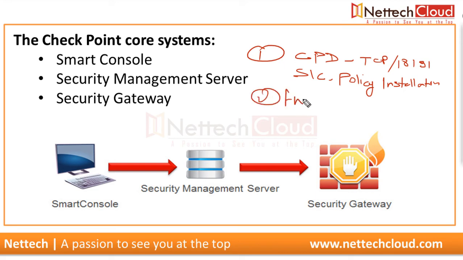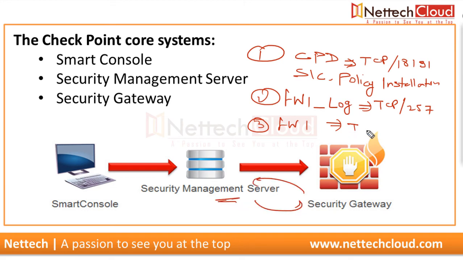Another one is for the logging, right? So Checkpoint security gateway logs, and this one is TCP 257. The third one is like Checkpoint security gateway server. It's for the bidirectional communication, in fact, between SMS to the gateway and gateway to SMS, and it's TCP port 256. So there are three different ports here between management server and the gateway, and two other important ports here,